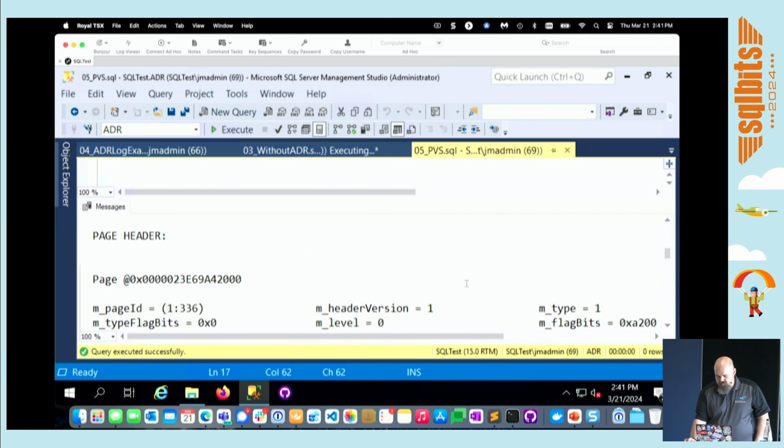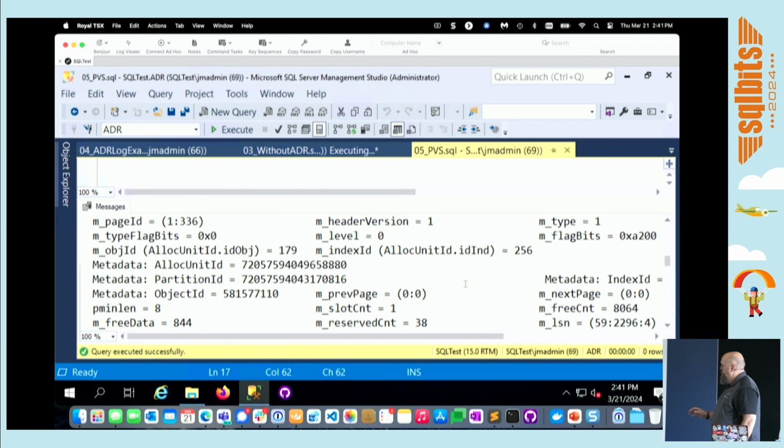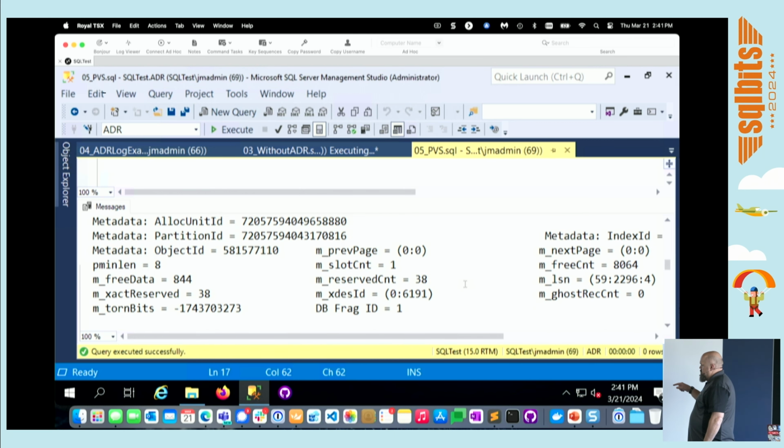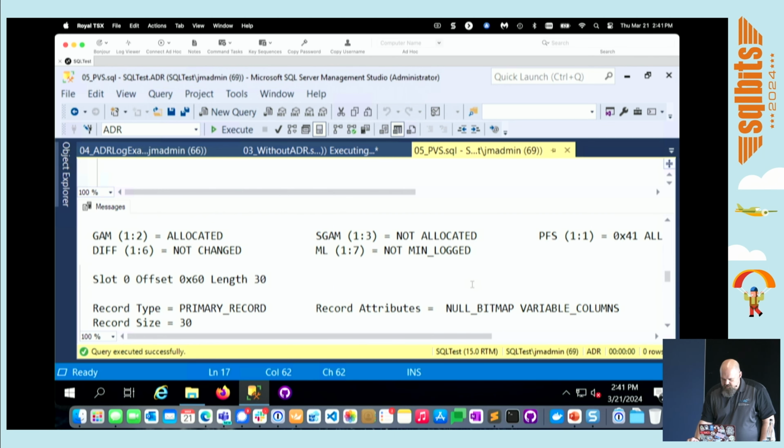It'll tell you a number of different things, like what object it belongs to and how many records. If you see that m_slotCnt equal 1, it means I've got 1 row on the page. It tells me the next page, how free it is, how many ghost records I have on the page. In this case, I don't have any because I've only got 1 row. So this all looks fairly normal. If we scroll a little bit further down,